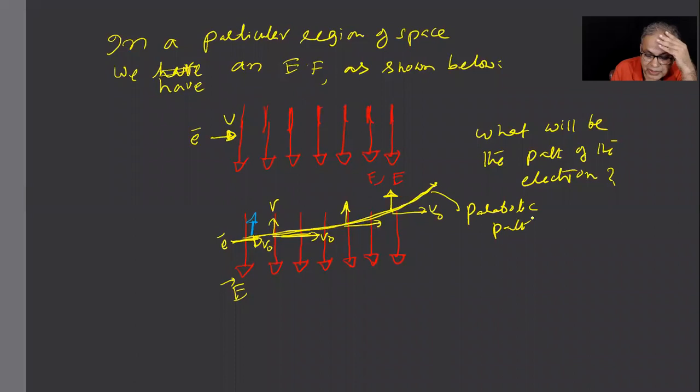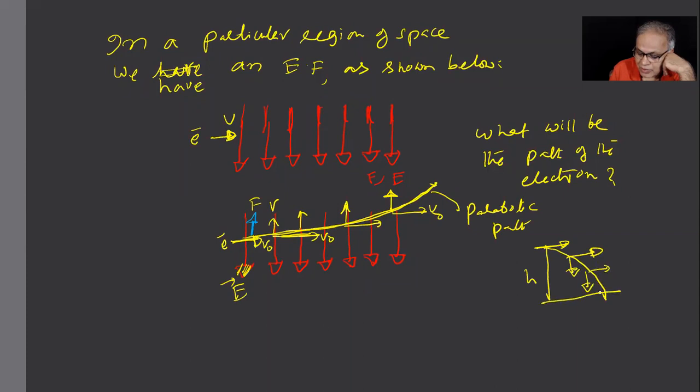This you understood by looking at the direction of force on the electron, isn't it so? E will apply on the electron a force which is opposite to itself. This direction of E is this way. Force every time keeps acting that way. It is something like this. If I stand at a height h and throw a body here, it goes like this. This velocity remains the same, but it keeps getting a velocity downwards like this. So the stone falls in a parabolic path at some distance. It is similar to that.